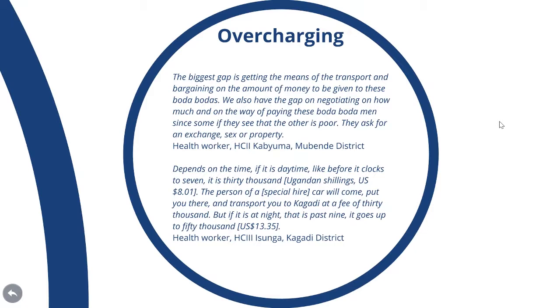Next is overcharging. Under money, and here's some quotes. The biggest gap is in getting the means of transport and bargaining on the amount of money to be given to these bodas. We also have the gap on negotiating how much and on the way of paying these boda men, since some of them see that the other is poor. They ask for an exchange, sex, or property. And we heard this a lot, that people would have to sell their land or sell an acre of maize or exchange sex in some cases to get a ride to the